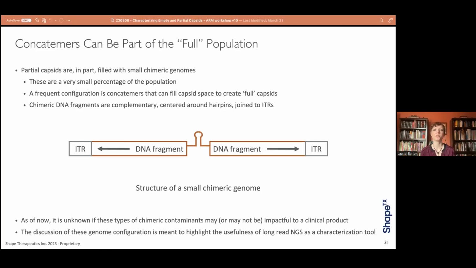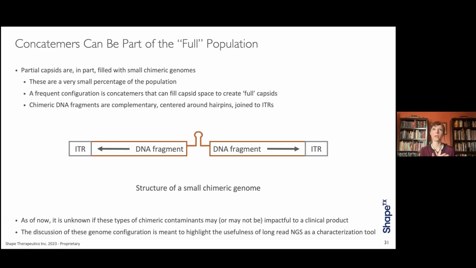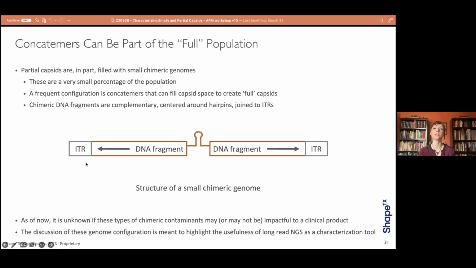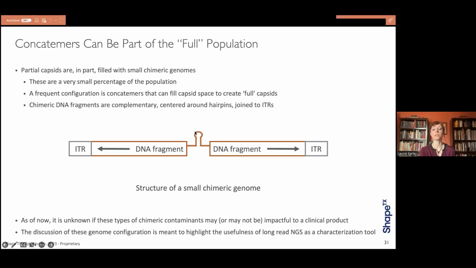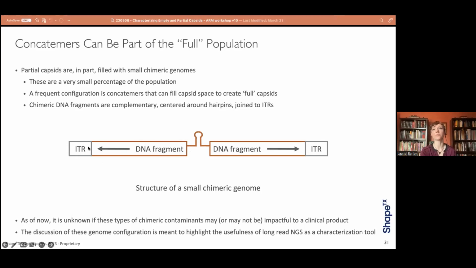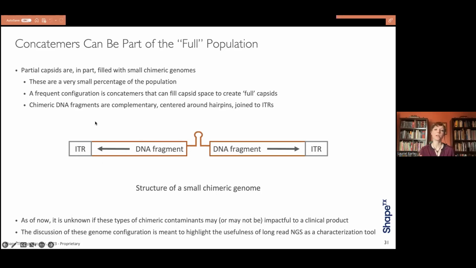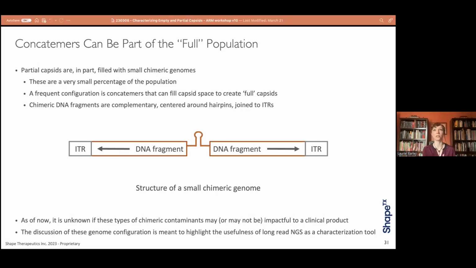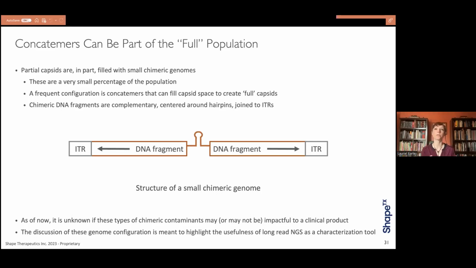And so the discussion of these is really meant to highlight the usefulness of long-read NGS as a characterization tool and not meant to imply any kind of implication of what these might do in a therapeutic setting. But the point here is that what we see are a lot of snapbacks, like we just described with the payload rearrangements, where we have an ITR that's been chimerically joined to some DNA fragment that contains a naturally occurring hairpin that is inducing that template switch so that it's then moving back along the recently copied DNA. And because these are small, they can form concatemers and actually fill up a capsid, much like we saw earlier in the gel with the single-stranded AAV that was undersized can form concatemers. This can happen with other types of genomes as well.